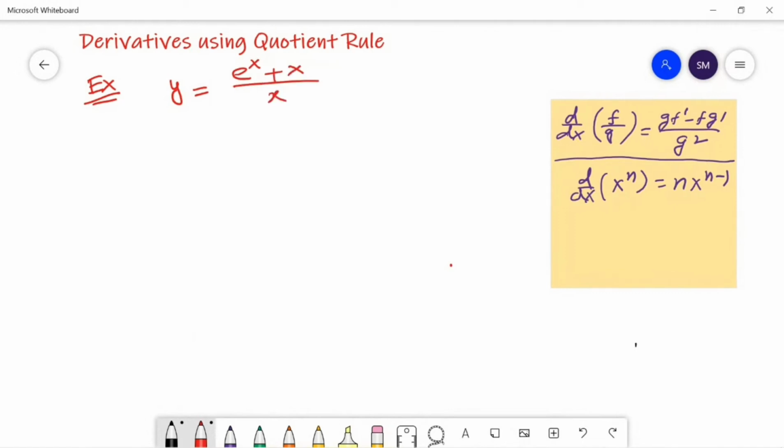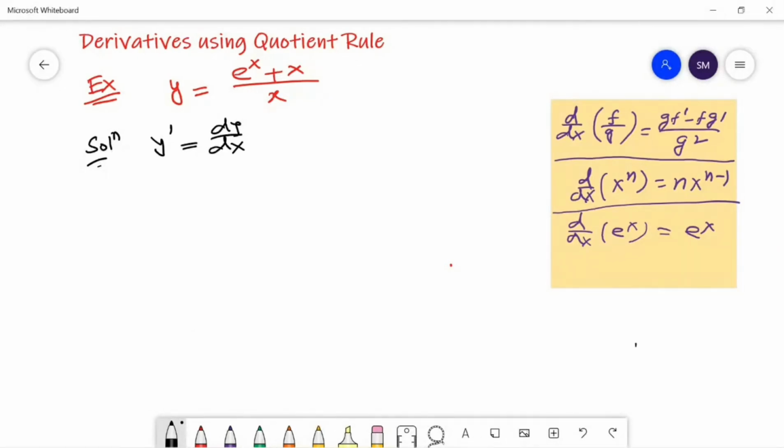Our next example is given as e to the power x plus x over x. As I mentioned before, this can be solved by another method, but we will follow the division rule, and for that we need to know the derivative of e to the power x, which is e to the power x. Now using this derivative and the division rule,